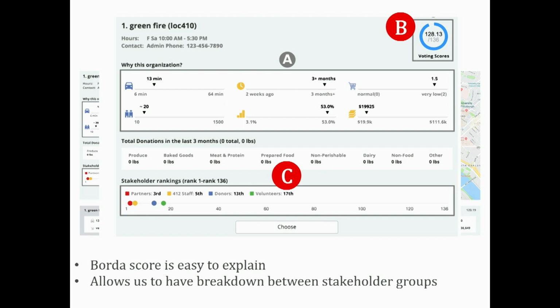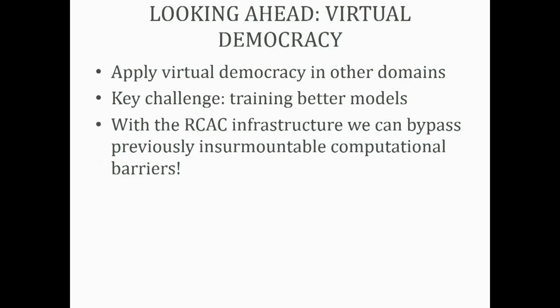Okay, and you can also break it down to stakeholders, right? So 412 ranked this as 5th. The drivers ranked this as 1st. So you can use all these ways to help explain the outcomes to a person. Okay, that's all I wanted to say about the 412. So, a big issue in doing all this was, of course, data collection, and our computational limitations.